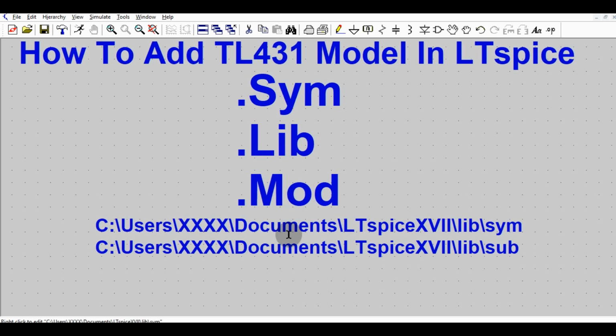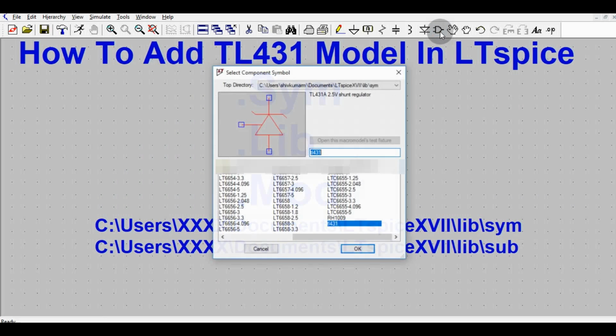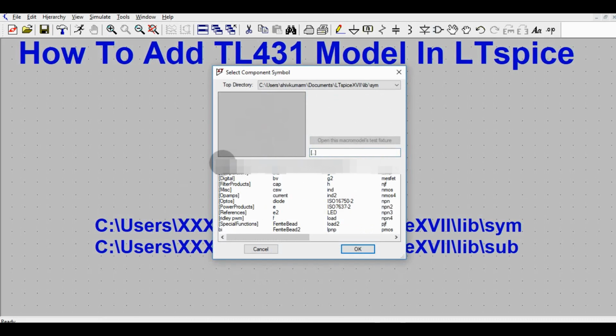So let me show you. I have already placed these files in my local system, and let me show you if I will be able to access the TL431. So let me go here. This is symbol. So go to symbol and you can see I am able to access the TL431.